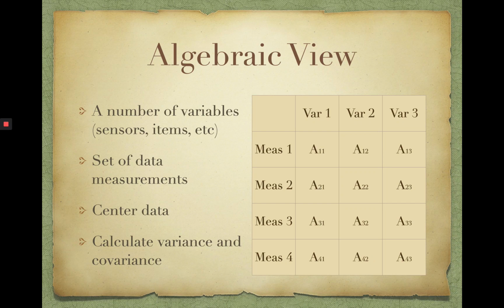If we consider this algebraically, if I put my variables in the columns and measurements of data correspond to rows, assume that I center my data, right? Therefore, the relationship between my variables that I want to find and the measurements that I have are all of these A matrices, or all these values in A. So I can consider all those A's as a matrix, in this case a 4 by 3 matrix. And I can take